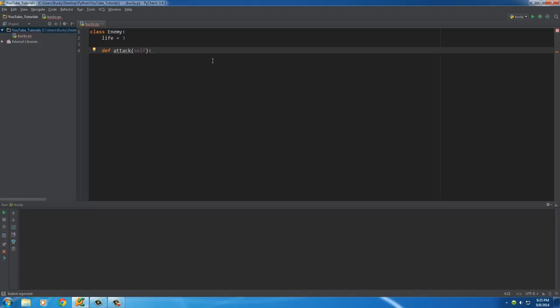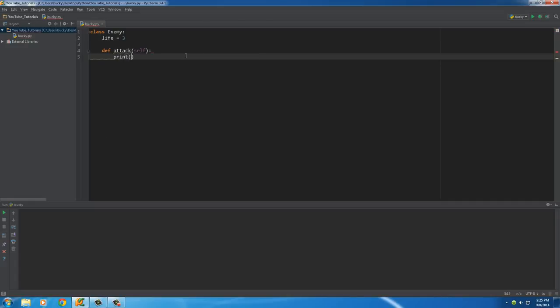So if you say, you're going to see later like self.attack, it means use the attack function in this class. Self.life means use the life variable in this class. Again, kind of confusing at first, but you guys are going to see later on what it does. Alright, so let's make this function actually do something. Whenever we attack the enemy, we'll just do something like print